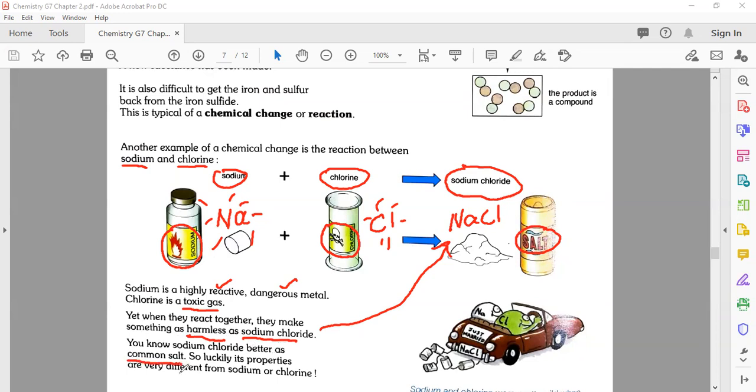Understand? You know sodium chloride better as common salt. We name it table salt, common salt. So its properties are very different from sodium and chlorine. When you see sodium and chlorine in the form of salt, that is totally different. You can easily eat it. You can even drink it by dissolving it in water. So see here the combination between these two. Now they sit together and drive the car, become friends, like here. So till here, my dear students, if you have any question, please ask, and otherwise type no.